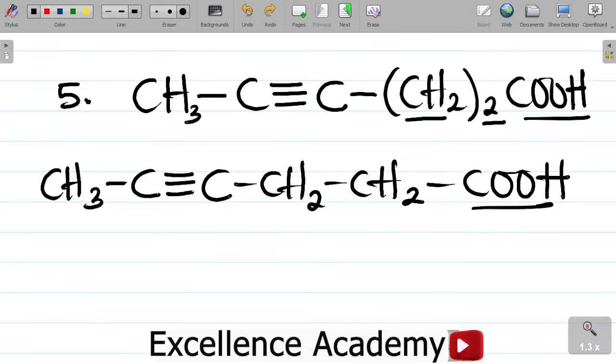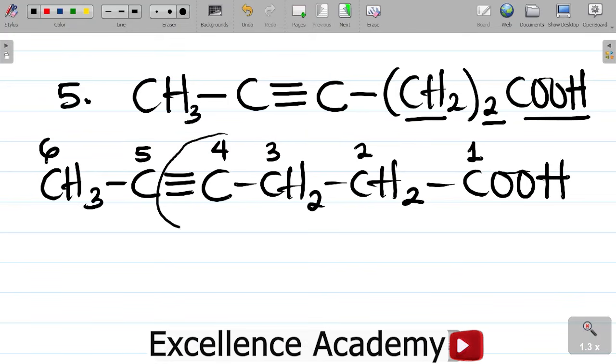Again, the carboxyl group takes precedence, or is being considered more important, or is being prioritized over the triple bond. Now, in that case, I would have to number from here: 1, 2, 3, 4, 5, 6. You want to observe that the triple bond is attached to carbon 4 first. So that becomes 4